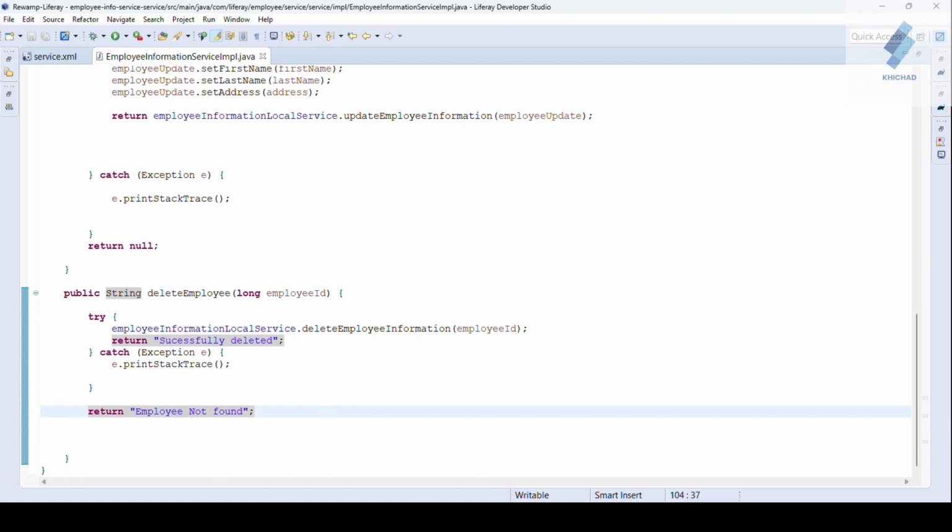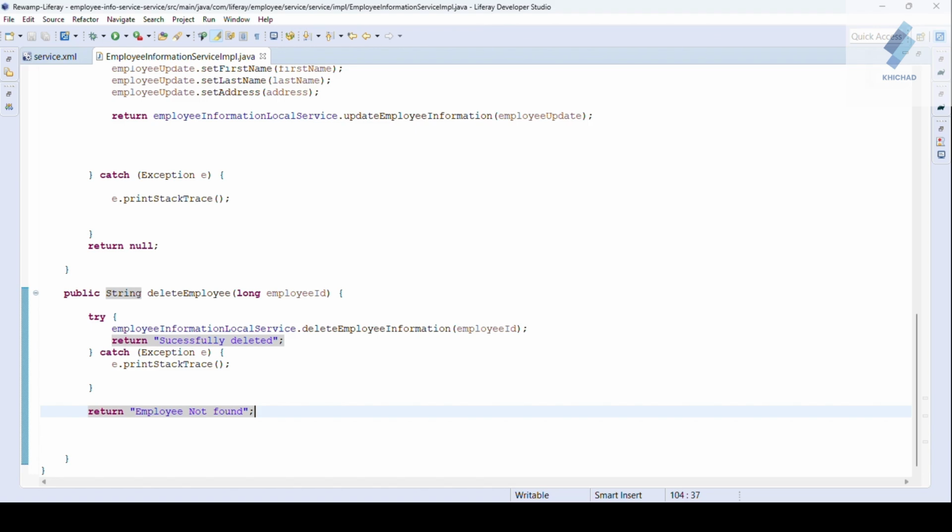I have already created this method. This method is enclosed with a try-catch handler in case any potential exception arises during the removal operation.